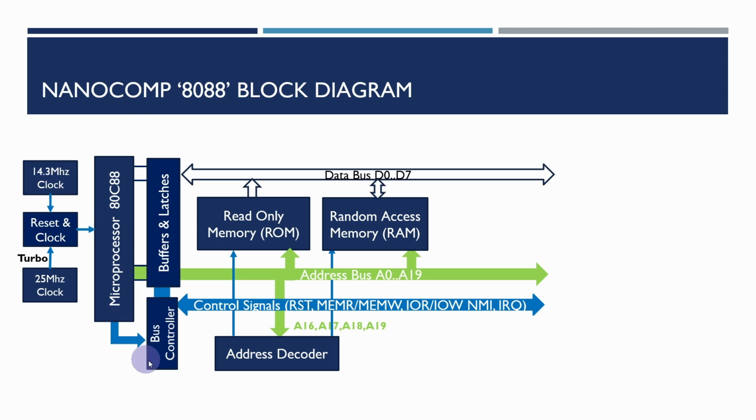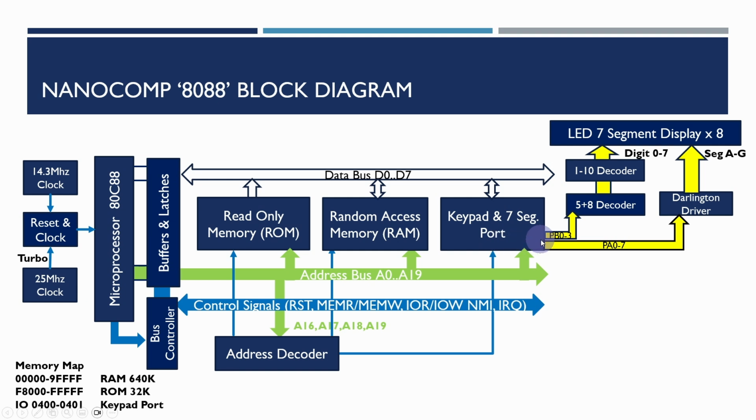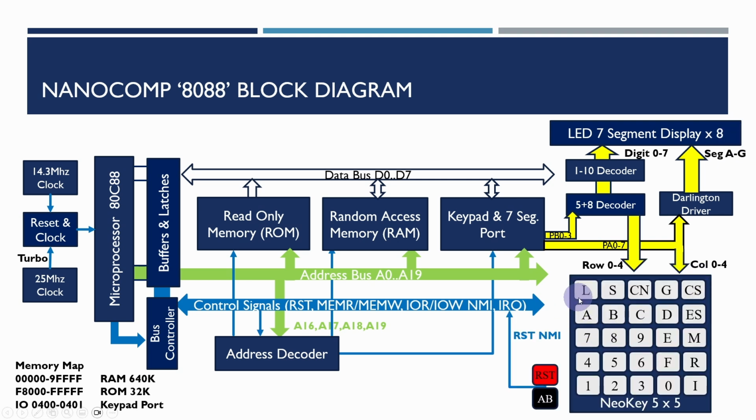So this is all the circuitry I was telling you about, the address decoder, read-only memory and the RAM, and in this video we're going to be adding the keypad and 7-segment display port, the necessary logic to drive the 7-segment display, and we have 8 7-segment displays up here plus the decimal point, and also to drive the NeoKey keypad, for which we're using 5 rows and 5 columns out of the keypad, and at some point we'll also add the reset and abort buttons which handle the non-maskable interrupt and the reset button line into the power supervisor